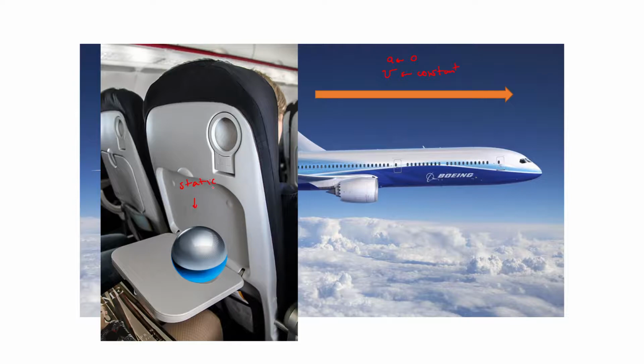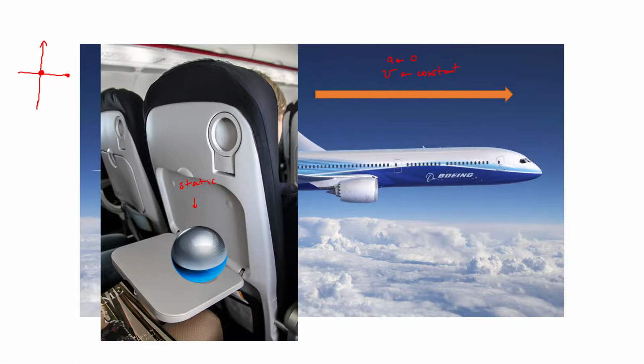This is the first case. Whenever we're moving at a constant velocity and the acceleration is zero, that means that little ball is going to be static. What does that mean? Well, it means that our frame of reference can be valid because there will be no external forces on it. We can consider that that little ball is just going to be there in the middle of everything.